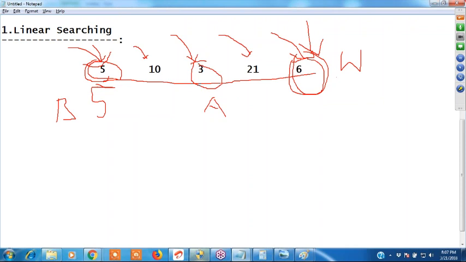See, you understood, right? What is the worst case, what is the average case, what is the best case? In searching and sorting, they use these types of words: worst case, average case, and best case. If you find the element in the middle, that is the average case. These are the cases there will be.